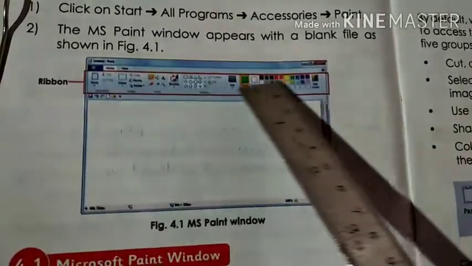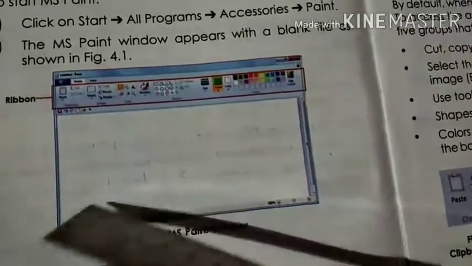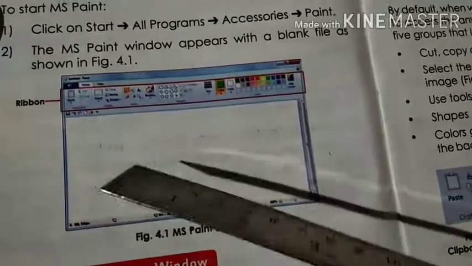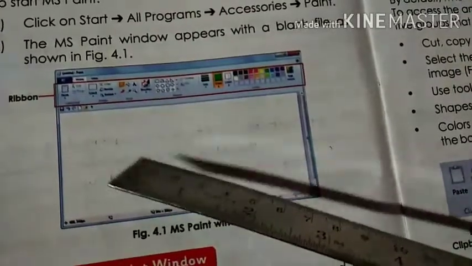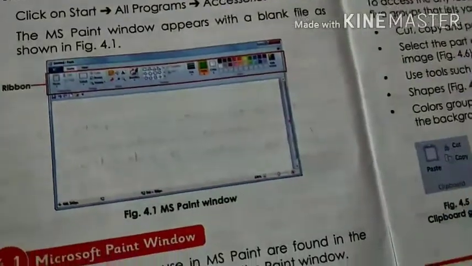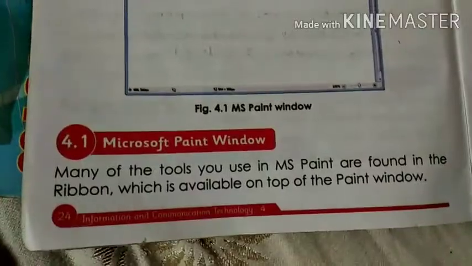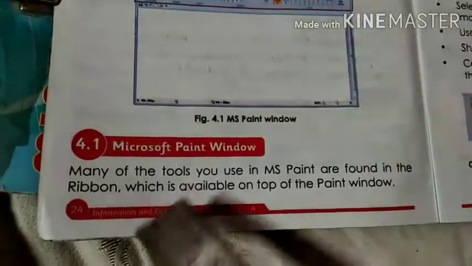This is called a ribbon. They have highlighted this. Okay, so this is called a ribbon and the white paper is called the drawing area. And these 3 tabs are available in MS Paint. Our first point is the Microsoft Paint window.